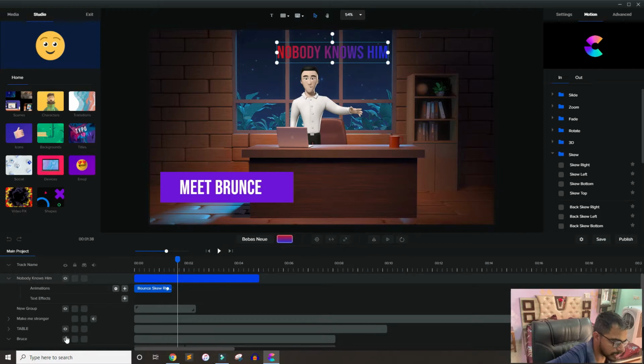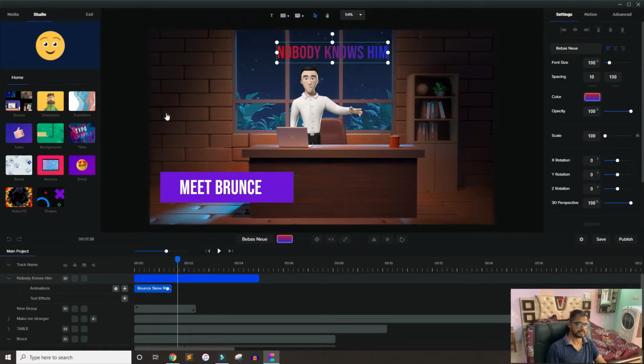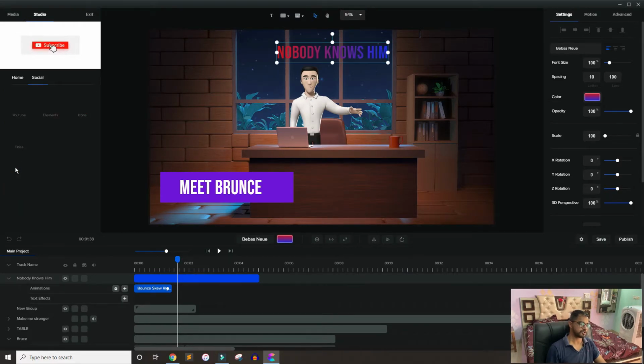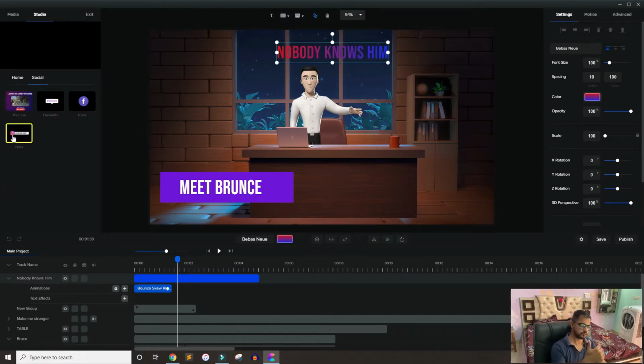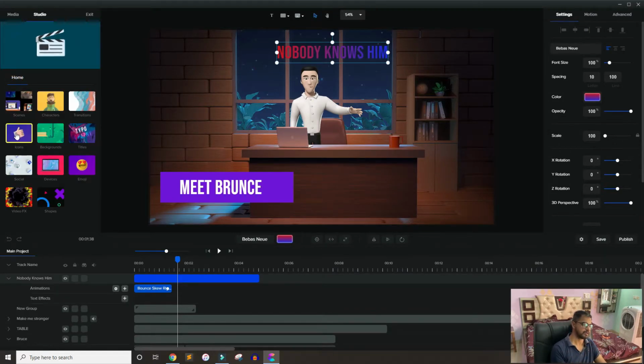Yeah, so that's the motion type that you can apply to anything, either a character for a walking effect, or you can create your own one. That is up to you. Guys, that is where we have a social. If you really want to add some of your social media handles or a YouTube subscribe kind of thing, everything is available. It is a complete video solution for whoever needs help with animation or some promotional kind of stuff.